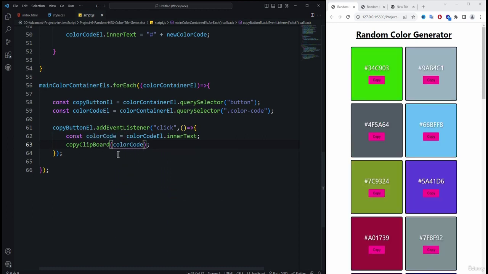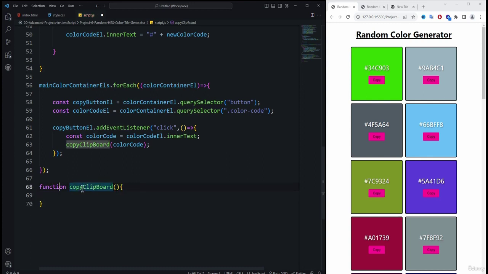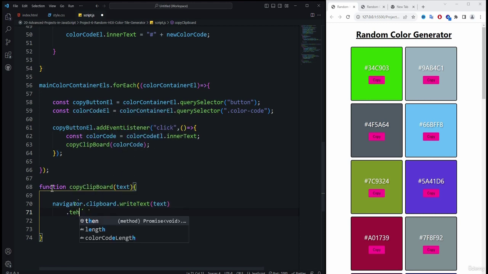Alright, now we need to create this particular function. So coming back to the outside of this particular forEach block, here we need to create the function which is copyClipboard, not copy button, copyClipboard function. Now this function is going to accept one parameter, which will be treated as a text. So I'm going to name the parameter as text. Then we need to use the navigator dot clipboard, and then we need to actually write the text inside the clipboard. So we need to use the writeText, and here we need to pass the text, and then we need to here use the then,